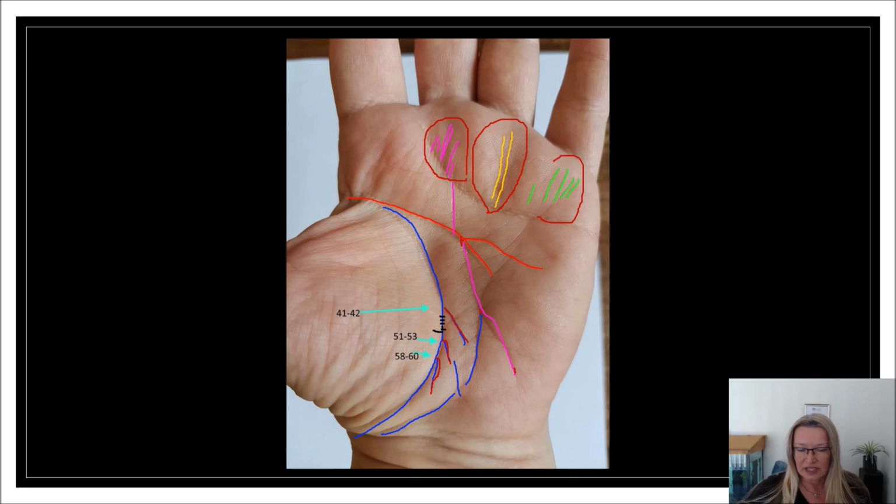And she does have these medical stigmata, which are also called healer's lines. So people with these healer's lines under the pinky tend to be a source of inspiration to other people. When they talk to people, they can leave them feeling better about themselves. I'll go on to the